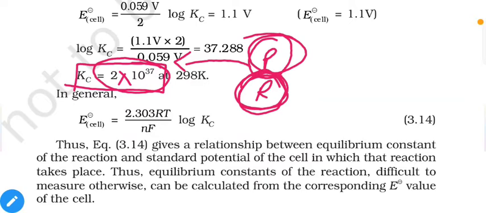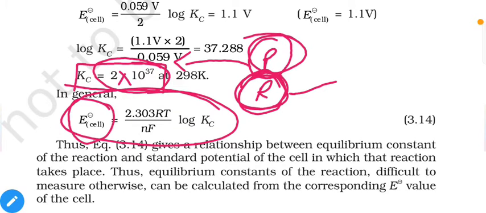That means you cannot measure the concentration of product and the concentration of reactant in the same solution if the reactant concentration is extremely low, and if you cannot measure it, then you cannot calculate it. So it is hard to use that method, but it is comparatively easy to use this equation. All you have to do is find the cell potential and then calculate, and you will find the value of log Kc. So it will be a lot easier.